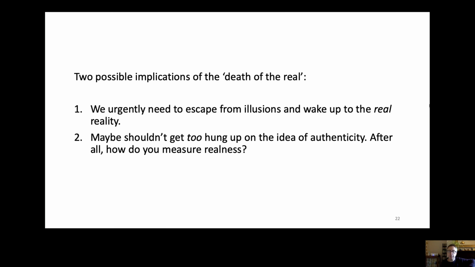Another way would be to say, well, maybe we shouldn't get too hung up on the idea of authenticity and realness. After all, how do you measure realness? And this, I think, is particularly relevant to debates about things like food or music. So, for example, people will occasionally say, I don't like that music, it's manufactured, it's synthetic. And when people say that, the implication is that there's some kind of music which is natural,